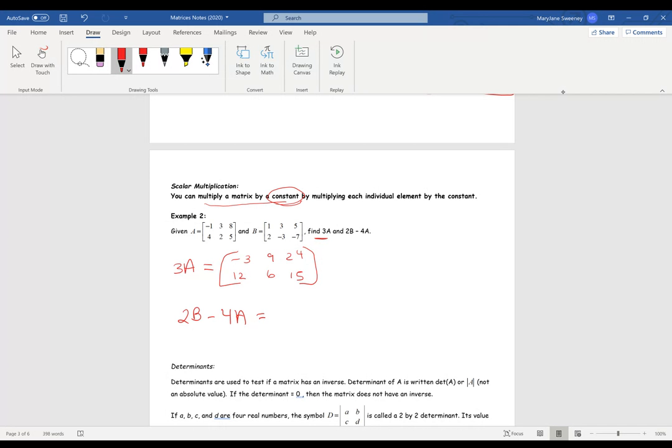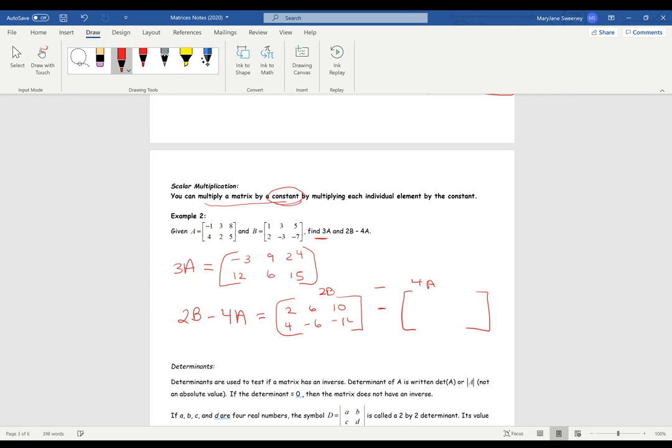2B minus 4A. I take matrix B. So first I'm going to take matrix B and multiply everything by 2. So this is going to be my 2B, and then I'm going to have minus, and then I'm going to do 4A. Okay, so for 2B, I'm going to take everything in matrix B and multiply by 2. So 1 times 2 is 2, 3 times 2 is 6, 5 times 2 is 10, 2 times 2, 4,